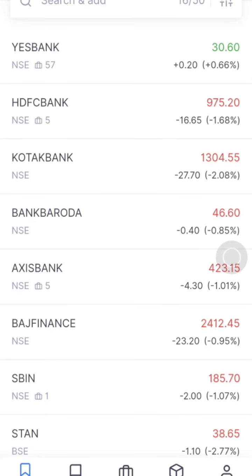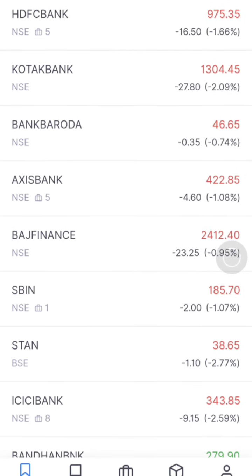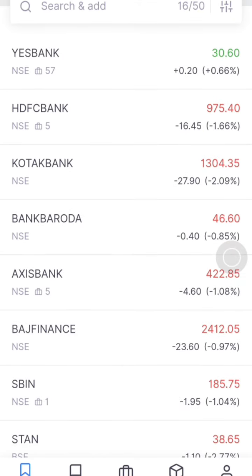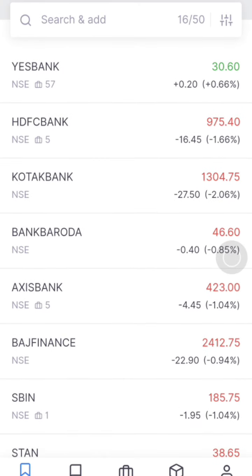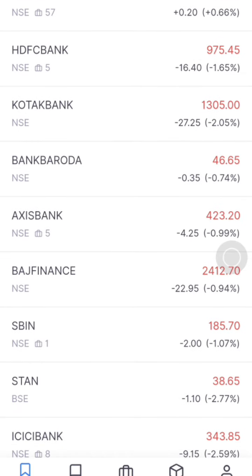So let's jump in. Hi guys, in our part 1 video of this Kite application, we explained how to use the application and the basic interface. In this part 2 video, we are going to cover in depth how to do investment, how to buy a share, sell a share, what the pending orders are, and how to add funds, everything in detail. Before doing any kind of investment or trading, you need funds, right? So first, let's learn how to add funds.